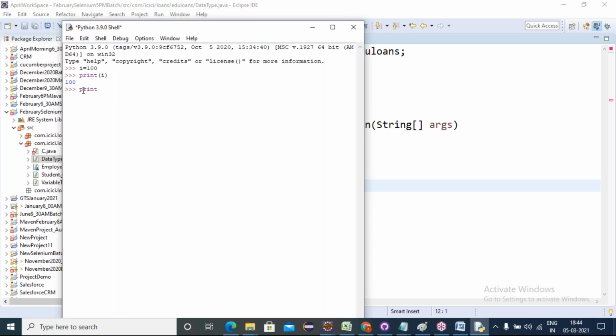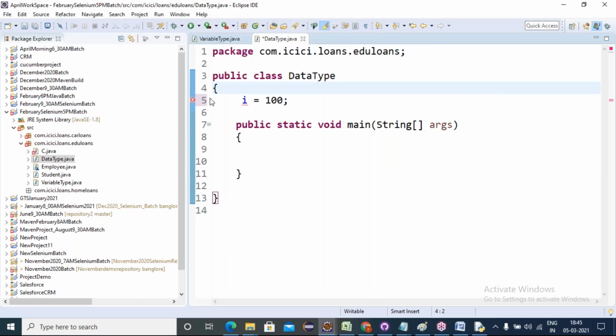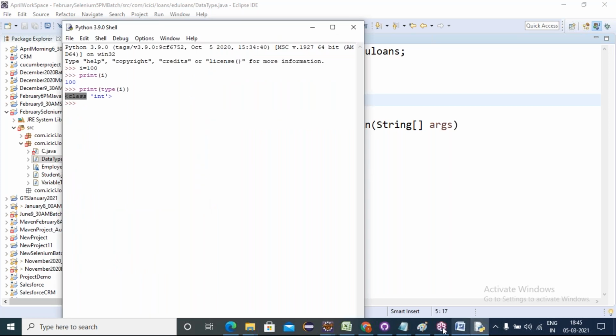Here, if you want to know the type of this, just print type of i. What does it give? int, of class type. So in scripting languages, each type is represented as a class type, taken dynamically. That's why variable declaration in scripting languages is a dynamic declaration. Now in programming languages where we must strictly give the data type, it is called static declaration. Fine. Now let's come to this document.